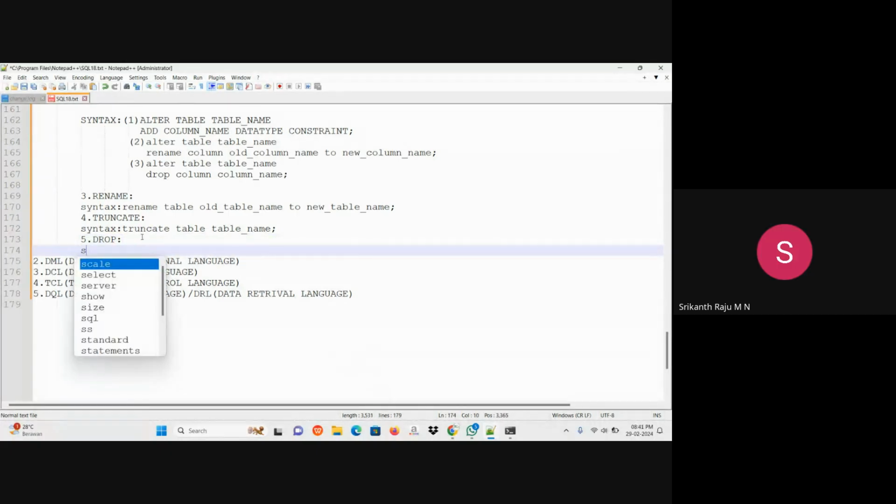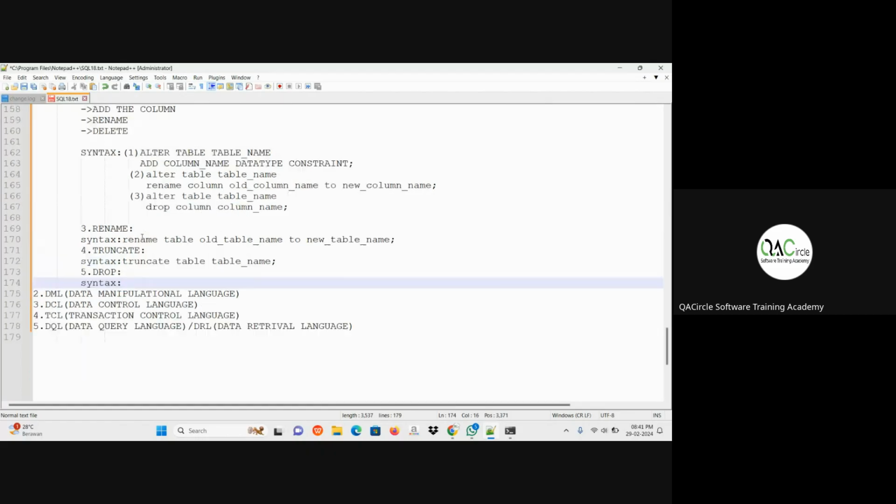Drop is also used to delete the table, but by using the alter statement, you can delete the column. You should mention the alter statement. Drop table, then you should mention the table name.